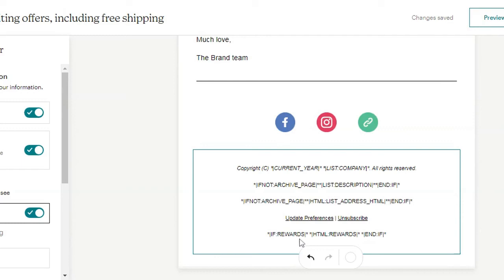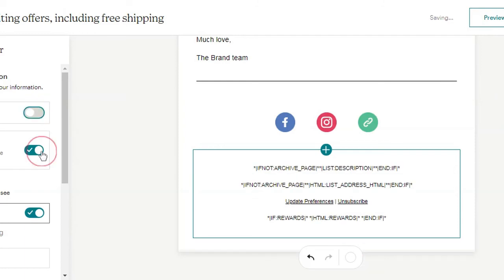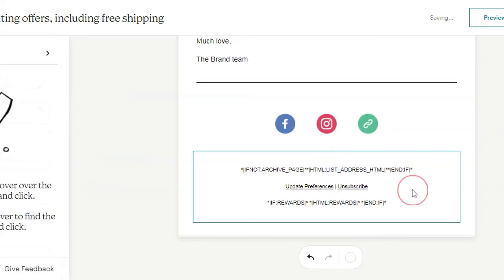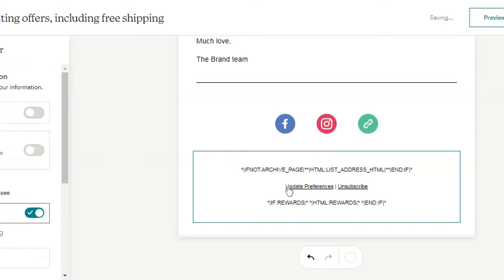Now update preferences and unsubscribe: you may have the option to remove these if you don't want to show them, but this is a legal requirement. Your email has to have this. Subscribers have to be able to update their preferences or have the choice to unsubscribe to your